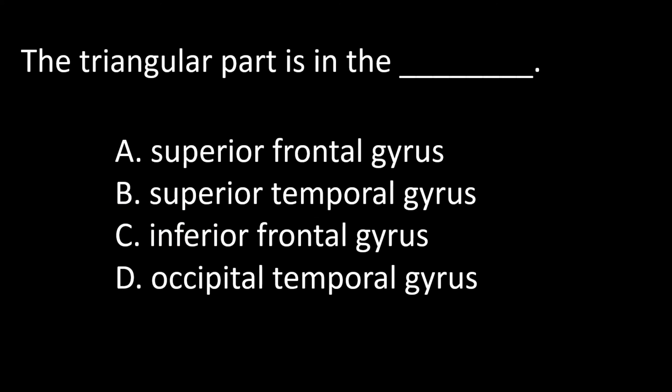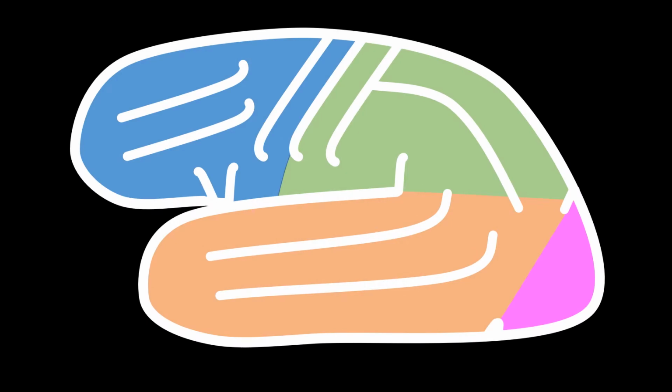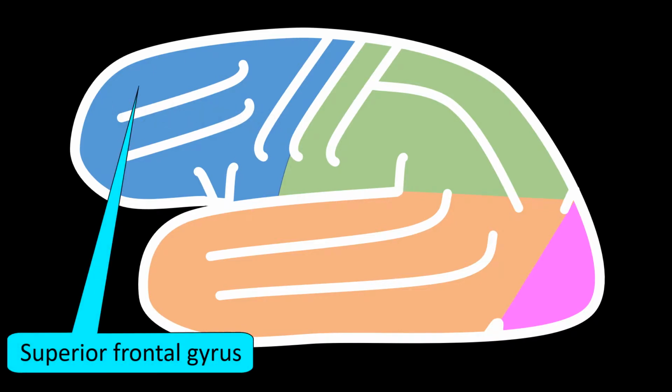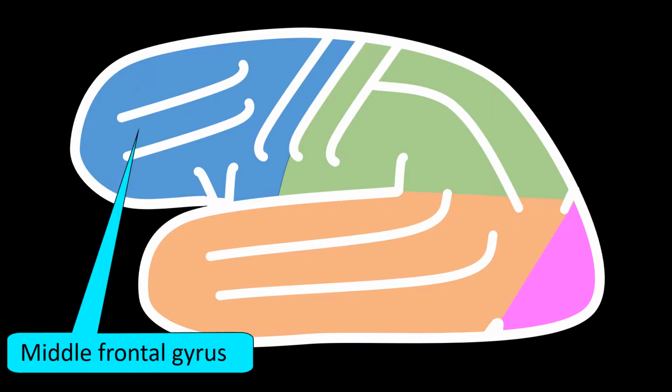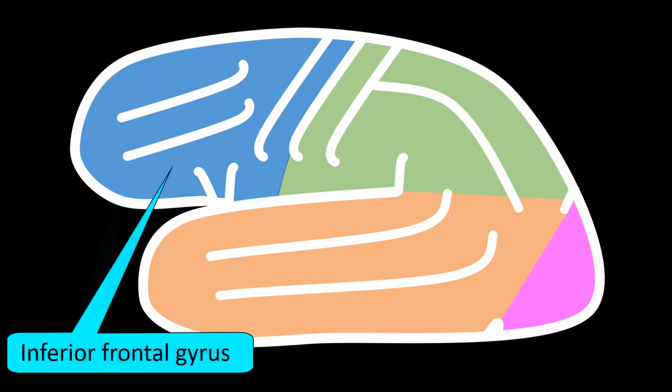Next question. The triangular part is in the A. superior frontal gyrus, B. superior temporal gyrus, C. inferior frontal gyrus, D. occipital temporal gyrus. Here we are looking at the superior lateral surface of the brain. In it, I have just labeled the frontal lobe. In the frontal lobe, we can see the superior frontal gyrus, the middle frontal gyrus, the inferior frontal gyrus, and we find